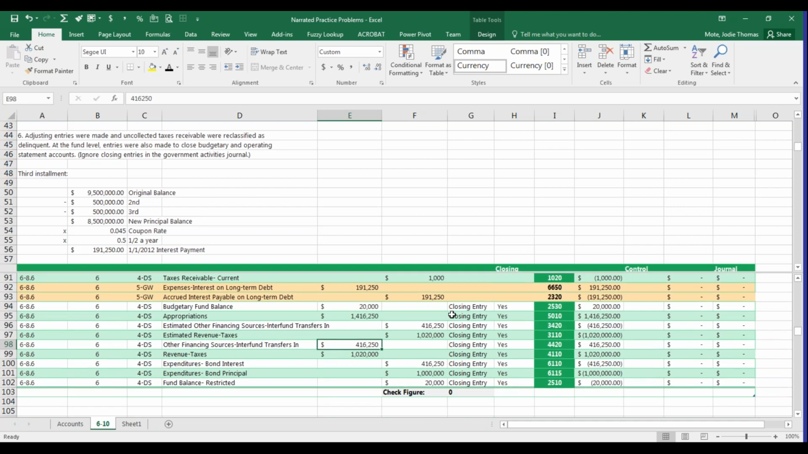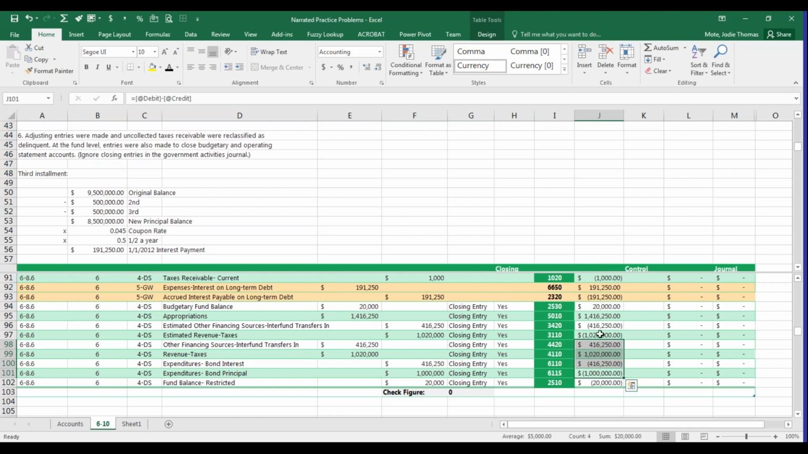And you are just going to do that for the revenue account, the tax revenue account, the bond interest account, the bond principal account, because remember, this is a governmental fund. So when you're paying down principal, it's treated as an expenditure. And your fund balance restricted is just your plug, which nets all this out